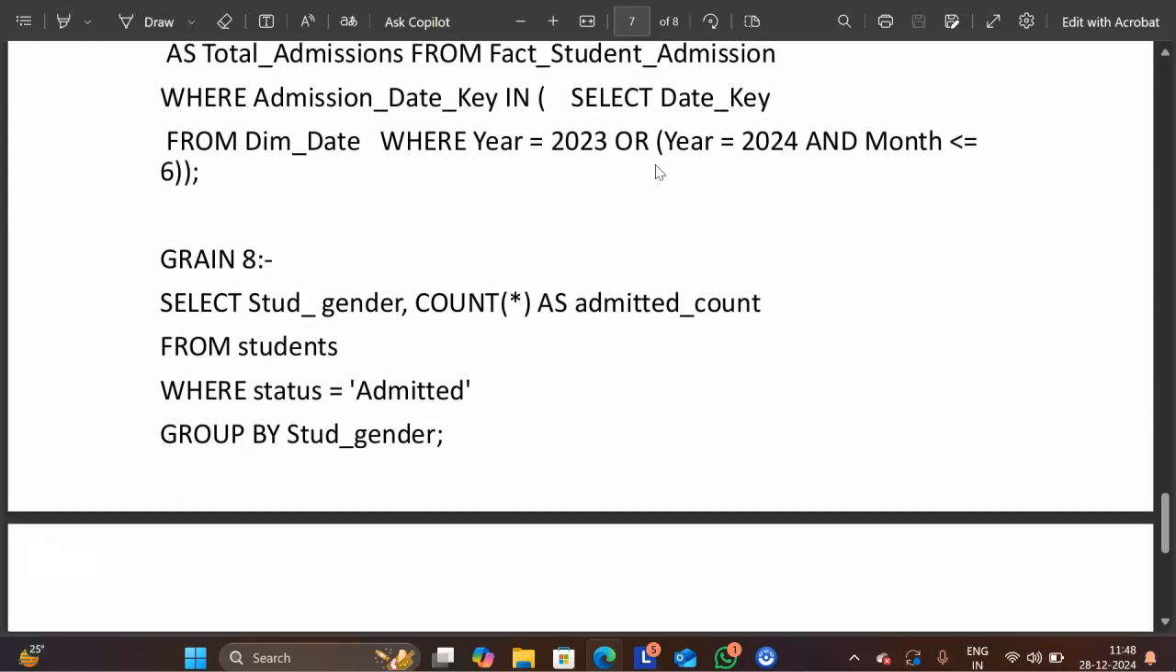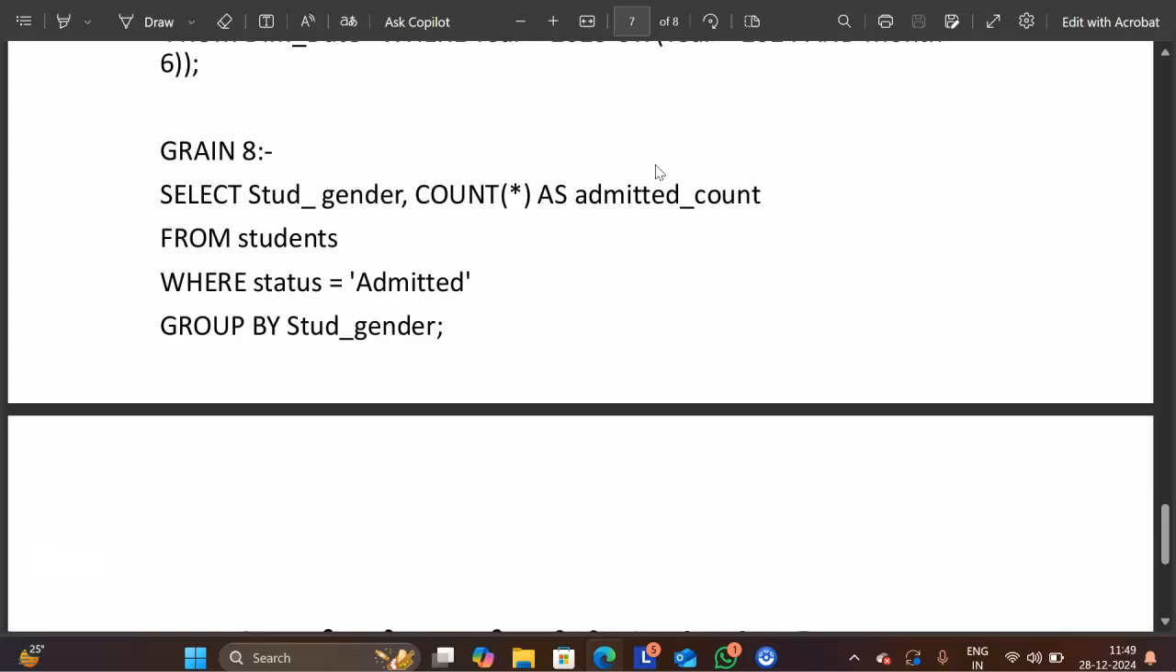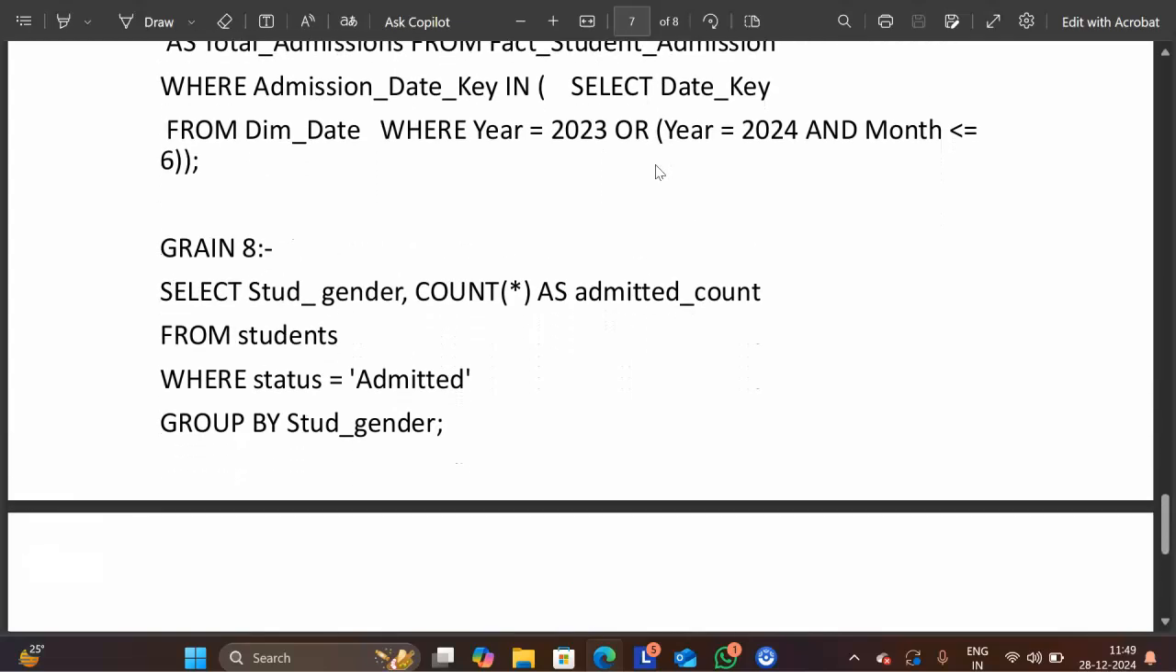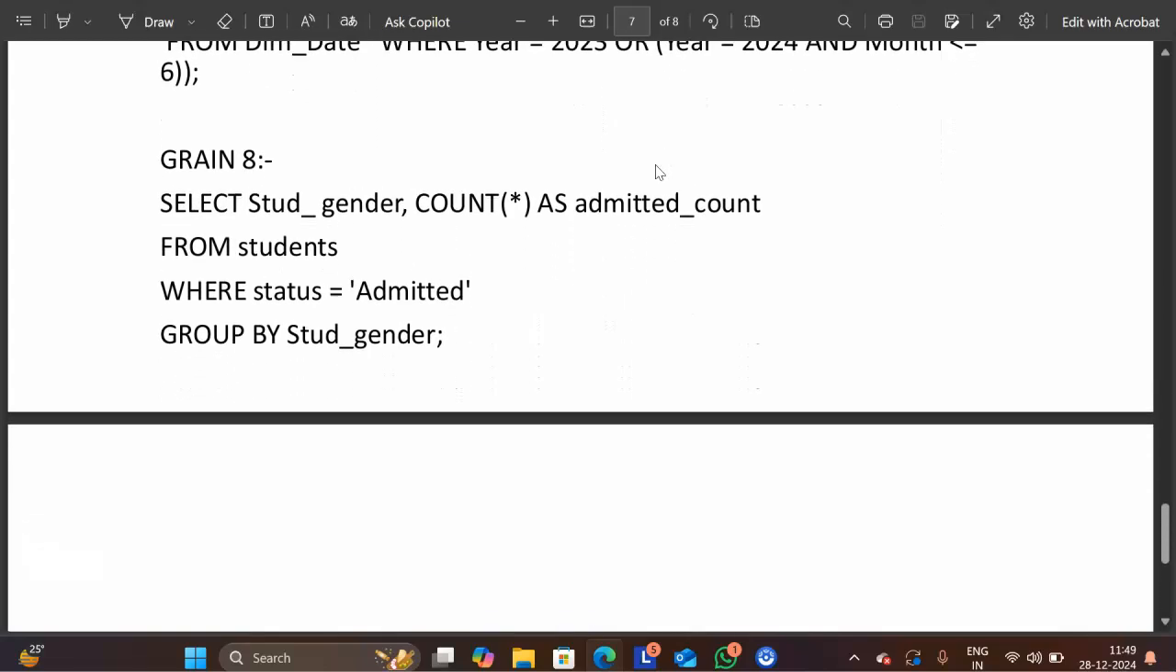So let's see the next grain. It is grain 8. SELECT student_gender, COUNT(*) AS admitted_count FROM students WHERE status = 'admitted' GROUP BY student_gender;